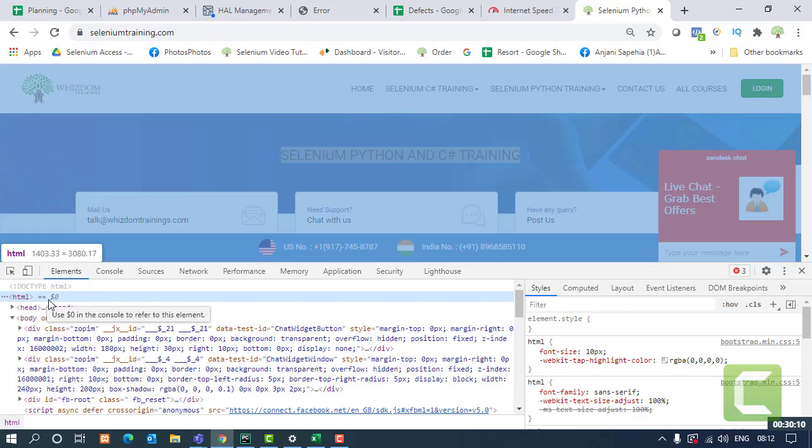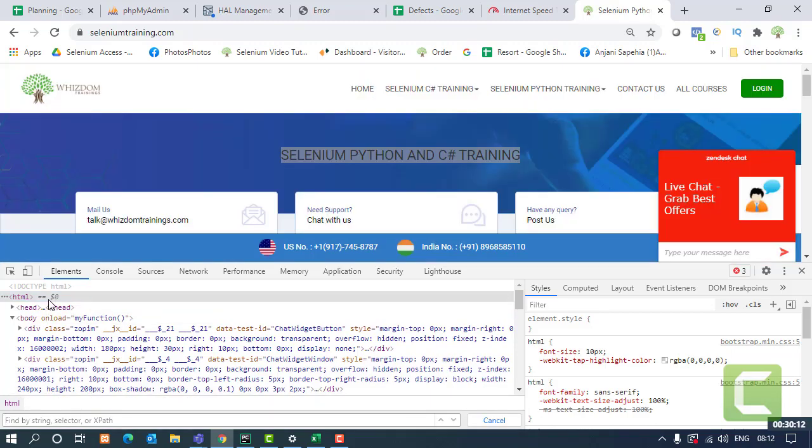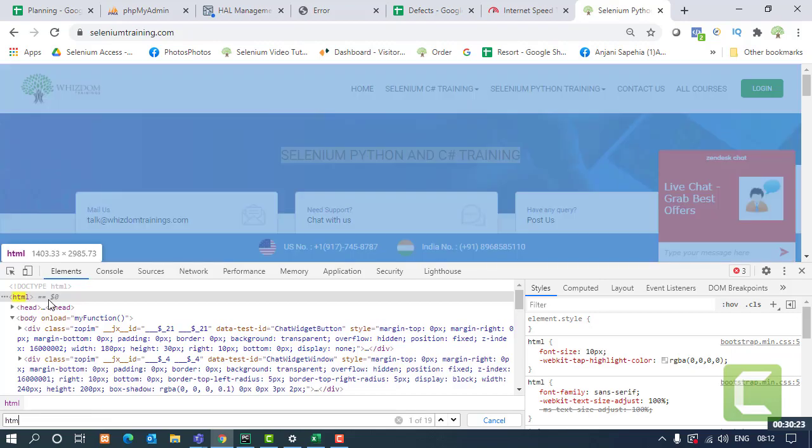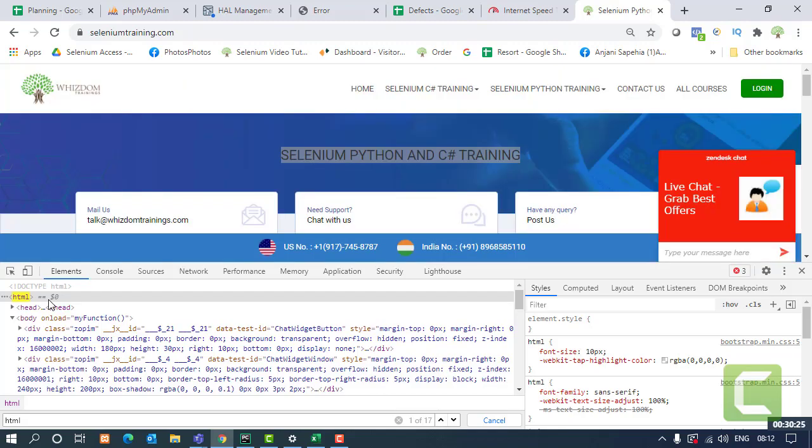While making the XPath on your own, you can make it over here in the inspecting screen only. Just hit Control F. It will give you a bar over here to write things, so you can make it over here. Now let's start. The first tag is HTML. If you are going right in the hierarchy, as per the tag given, then the tag is going to be highlighted in a yellowish color.